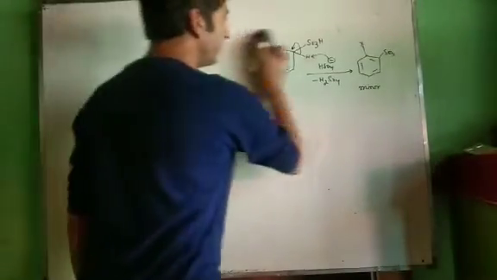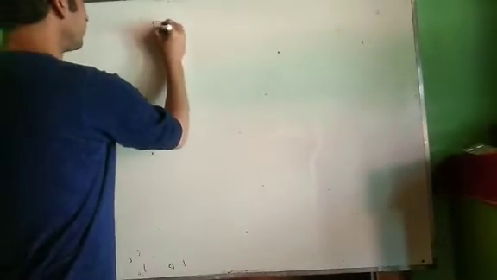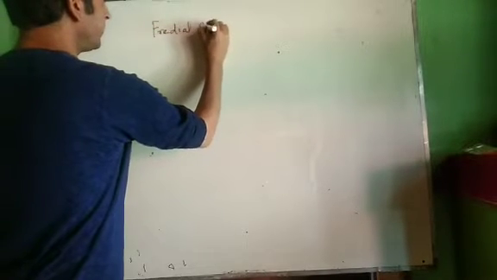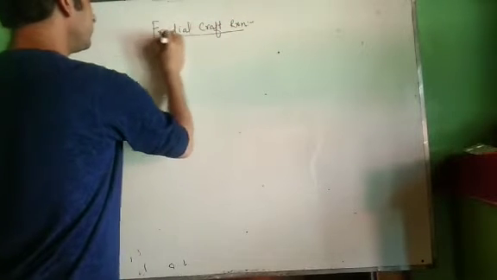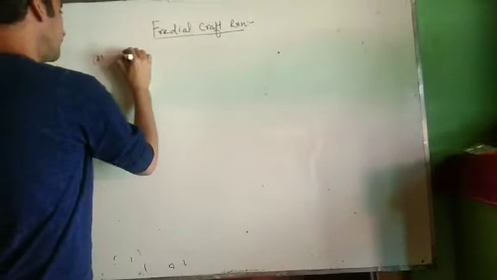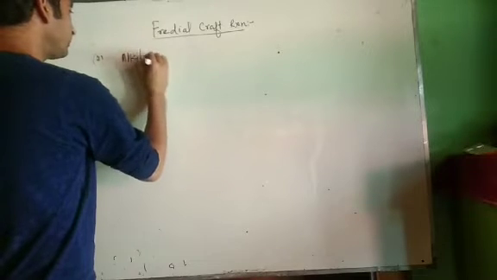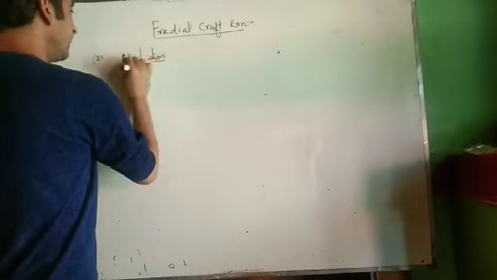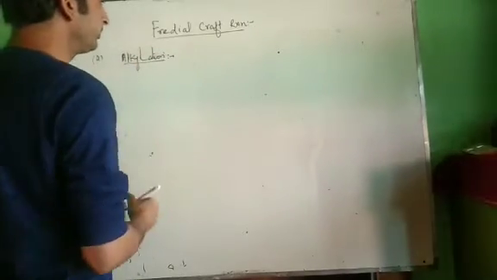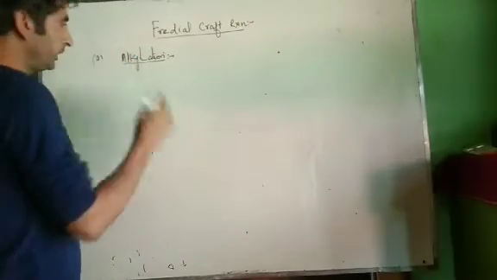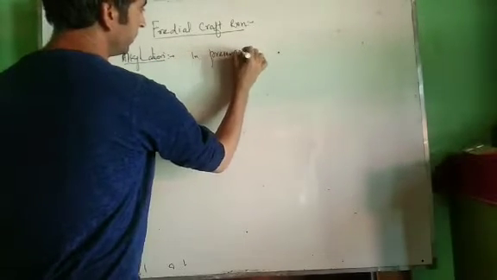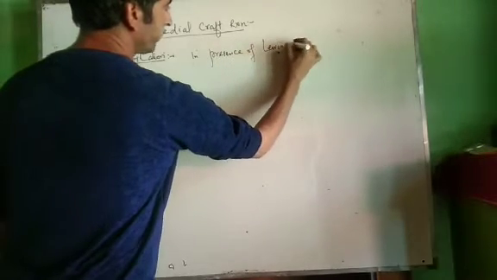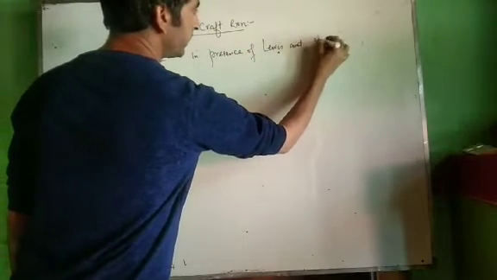Now one more type of very important reaction is the Friedel-Crafts reaction. We have two types of Friedel-Crafts reactions we are going to discuss over here. Our first is alkylation and acylation. Let us take alkylation first. Alkylation is the addition of an electrophile as an alkyl group. In this case, the alkyl group will be the electrophile. Now this alkylation is carried out in the presence of a Lewis acid, such as AlCl3.